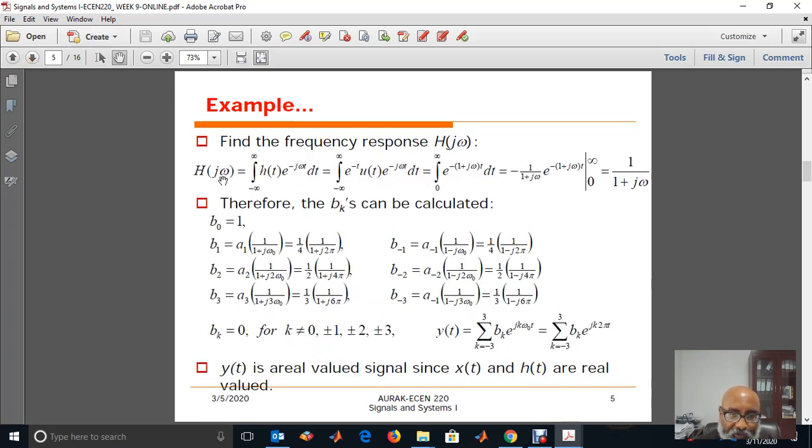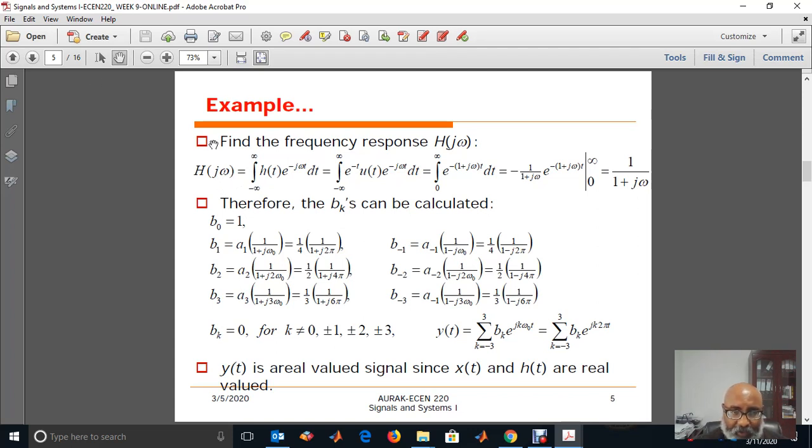The frequency response is H(j omega) equals the integral from minus infinity to infinity of h of t e raised to minus j omega t dt. So we integrate from 0 to infinity. We add the exponents here, and then the integration of this will be from infinity to 0, 1 over 1 plus j omega. Now we need to evaluate at omega 0 to get the DC part, H(j0),